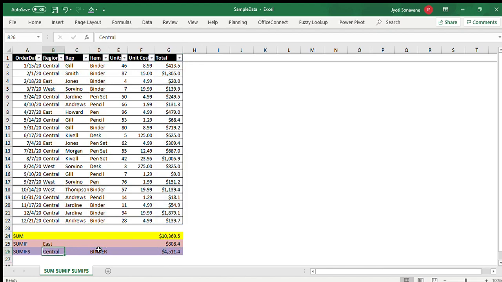Let's try changing it a little bit. Let's change it to West, and change this to pencil. For pencil we do not have anything in the West region, so we are getting a 0 result. So this is how you can work with the SUMIF and SUMIFS functions.